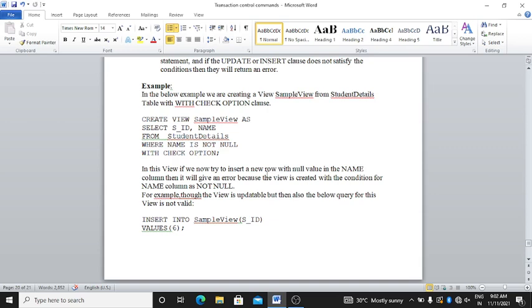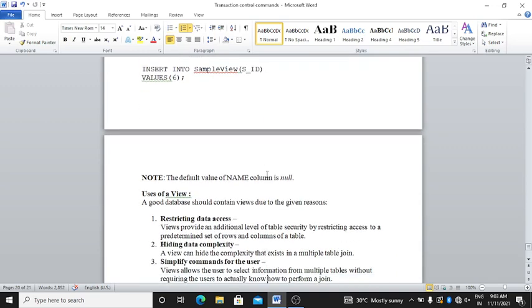In this view, if we now try to insert a new row with a null value in the name column, it will give an error, because the view was created with the condition that the name column is not null. Though the view is updatable, the below query for this view is not valid: insert into sample view values.